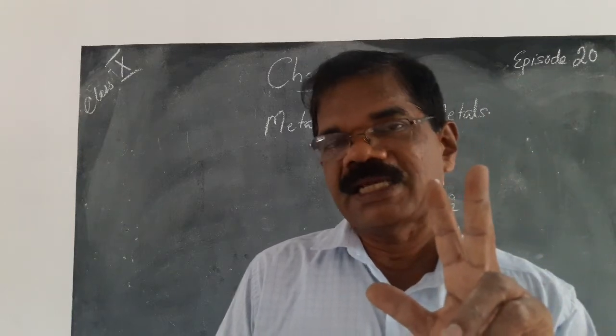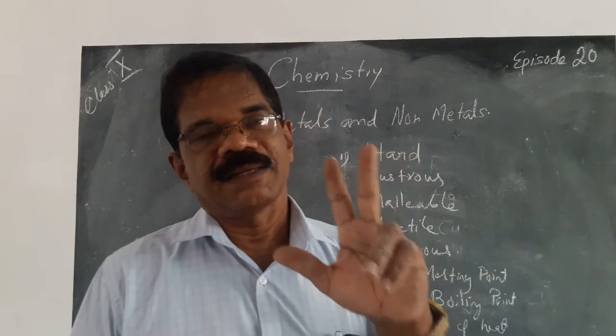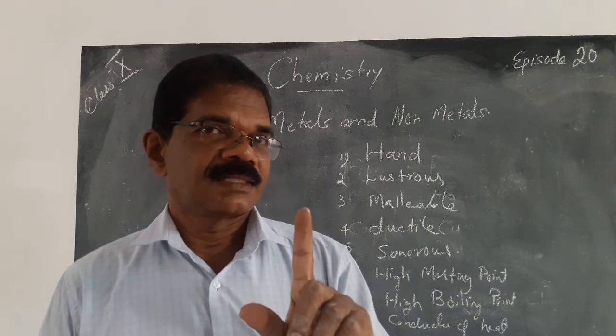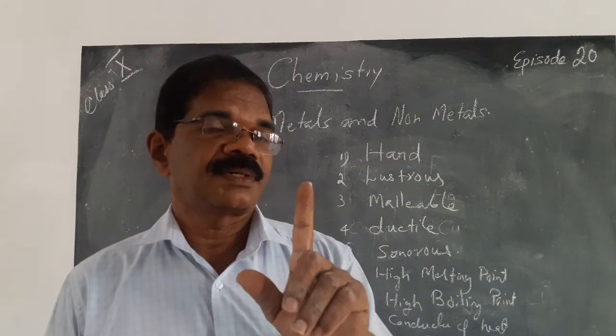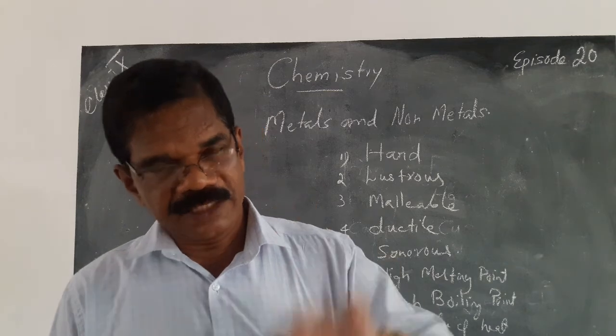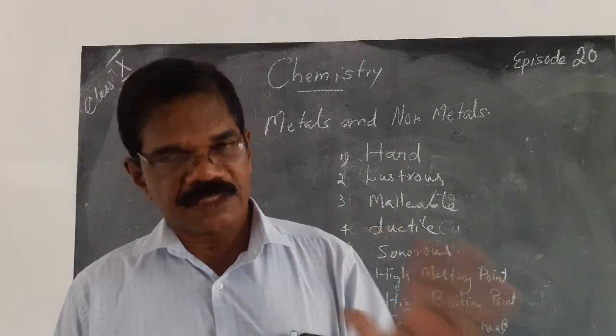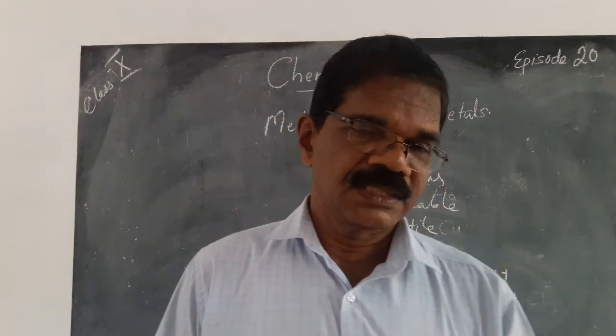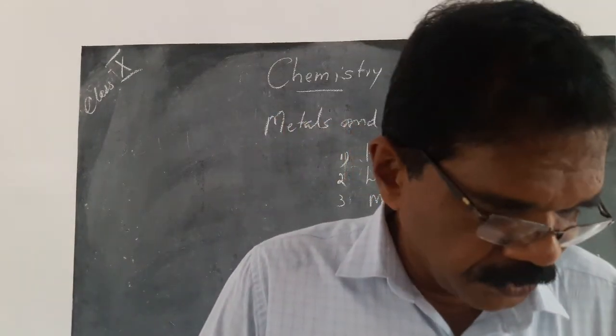metal which has great malleability, the metal which has great ductility, the good conductor of heat, bad conductor of heat, good conductor of electricity and bad conductor of electricity. You already listed all these things. Then we can pass on to the next